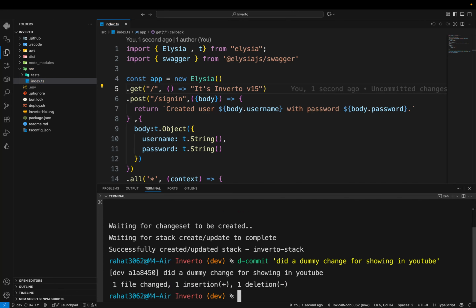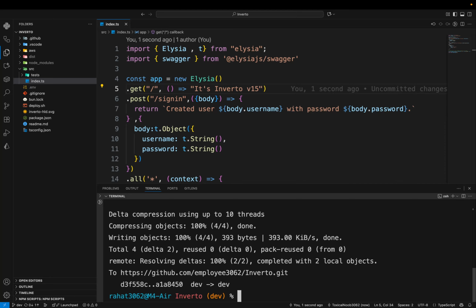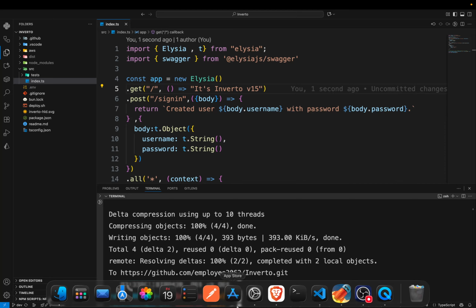So we are done with the pushing, so maybe we have to rebase up to date, and then maybe we can push with force, because I don't want any previous changes to be existing on the remote branch. And after I pushed, I can go back